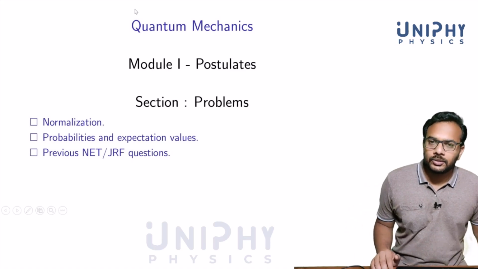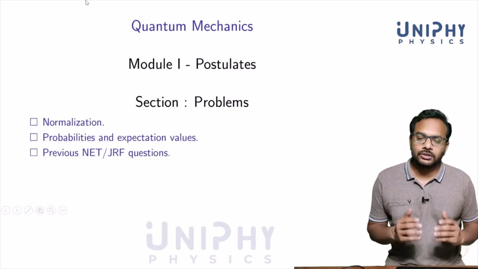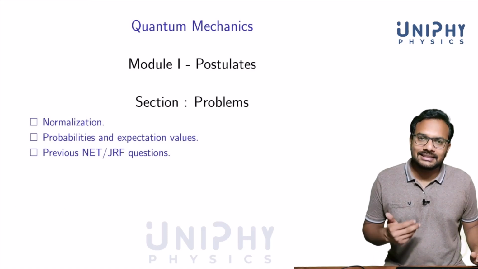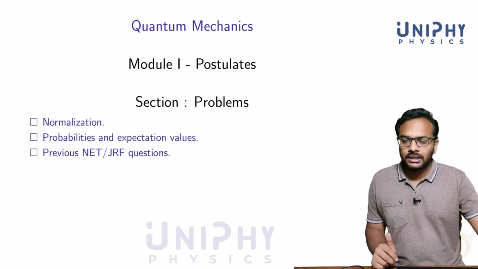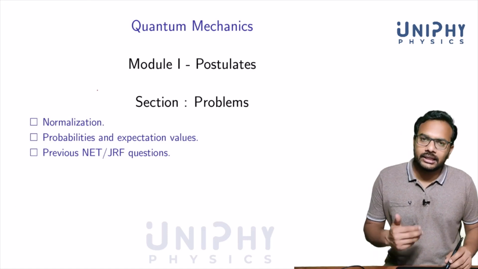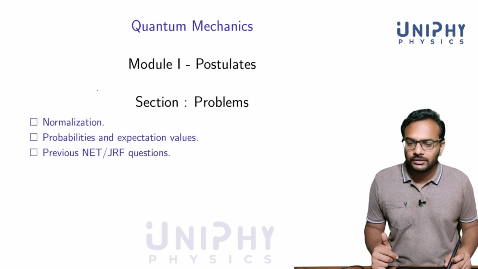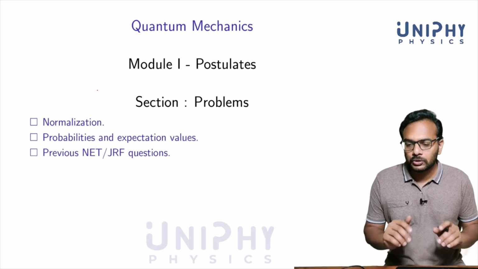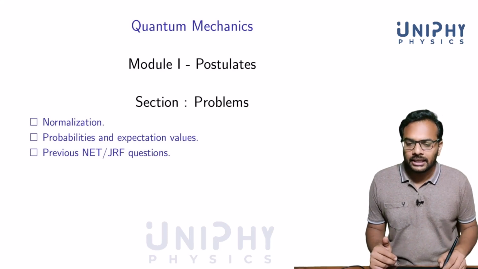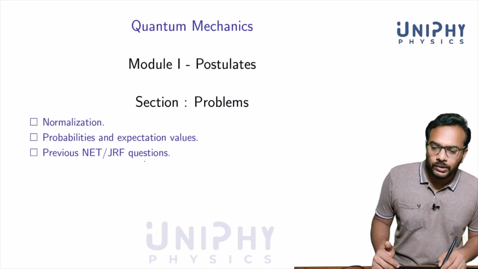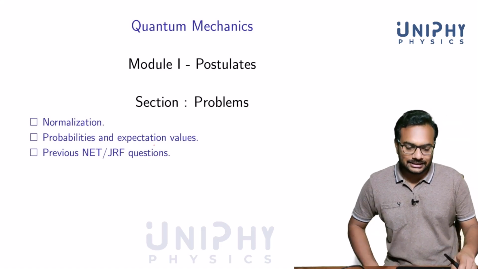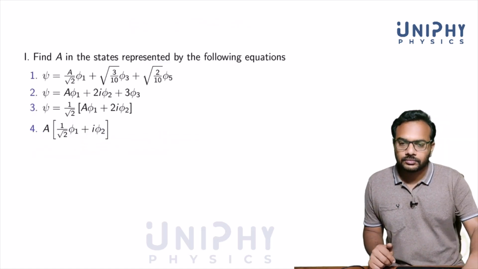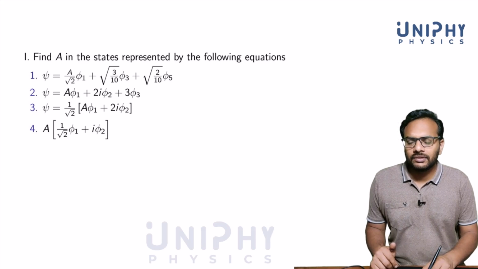Hi, today let's discuss a few problems based on the postulates of quantum mechanics that we discussed in one of the previous classes. Okay? So we'll do normalization and we'll calculate probabilities and expectation values, which quantum mechanics allows us to calculate using certain rules which we discussed in the postulates, and we'll check one previous question which was asked in relation to this. So in the first question, we are asked to find A in the states represented by